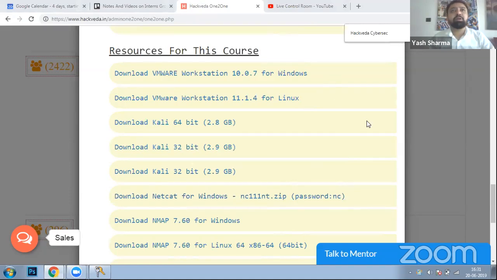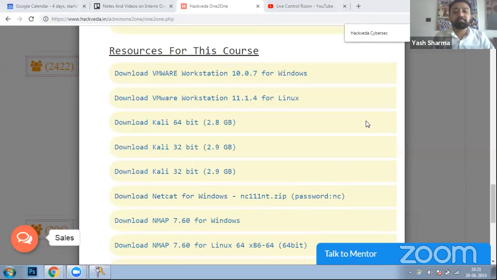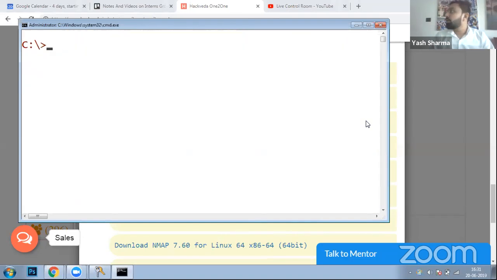So I hope you all have got Netcat available on your machine. Yes, sir. So just to have a quick check, you can open command prompt. Yes, sir. Here it goes, Zoom install. Okay. So when you go here,